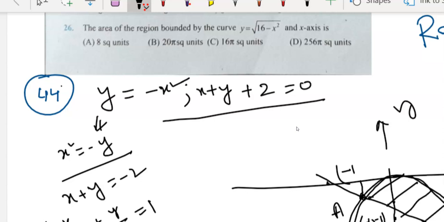Number 22. Find the area bounded by the curve y equal to 2 cos x and the x-axis from 0 to 2 pi. Let's see how many of you can do it before I do it here. It was 14, not 44, from the exemplar book. Question 22: area between y equal to 2 cos x and x-axis, 0 to 2 pi.